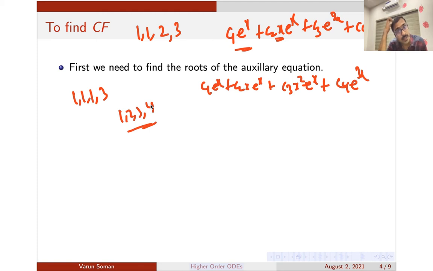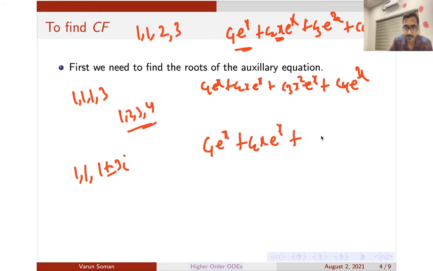Suppose you have complex roots. For example, your roots are maybe 1, 1, then 1 plus or minus 3i. So what will be the case there? There also you will write it as you would for the second order equation itself. So here it will be c1 e raised to x plus c2 x e raised to x plus,